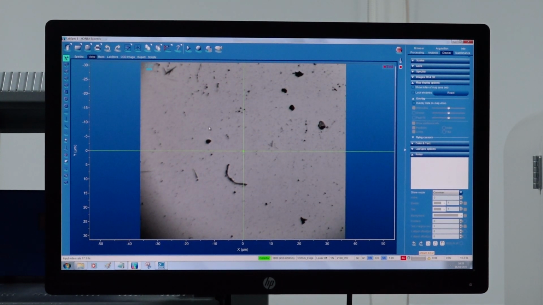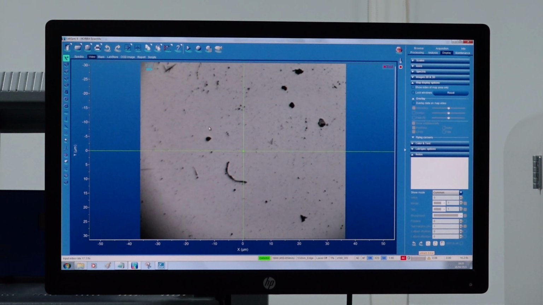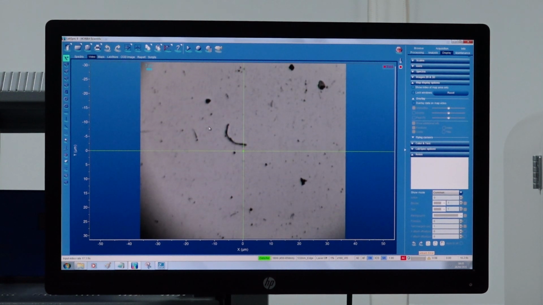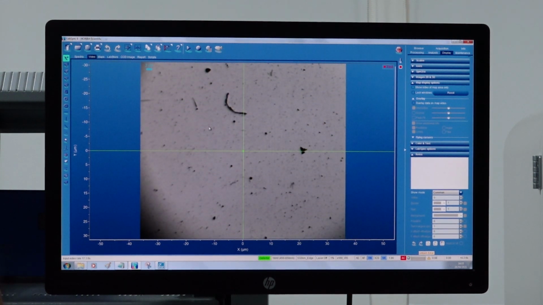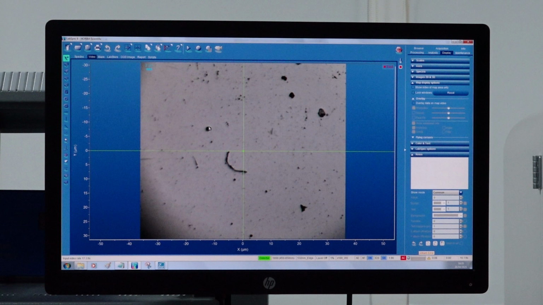Before moving on to the next step, to ensure that actually my sample surface is focused and it is not something that is present on the lens, I will move the joystick to see if the sample is moving. And yes, you can see the image is moving, which means this is actually the silicon surface.